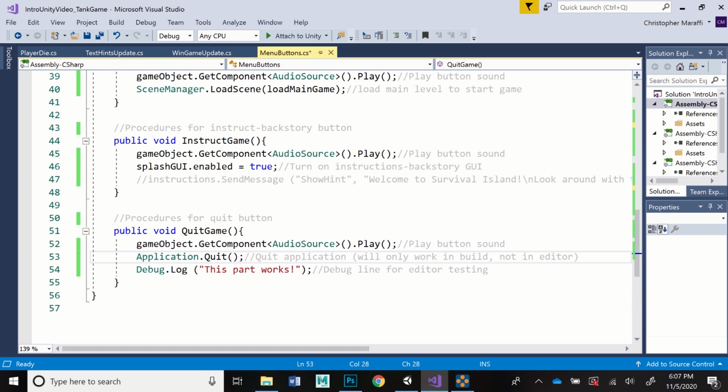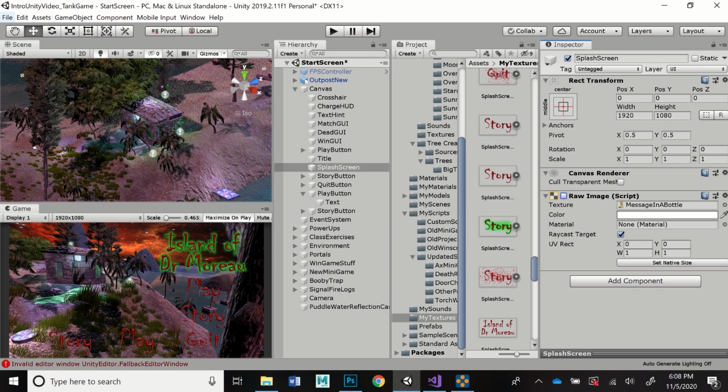It's not going to do anything in the editor. It's just going to ignore that. But if you're actually running a game build, it will quit the application. And then I've got a debug line in here so that when you see that, you know that the button did work. And then the last thing I want to mention is that there is